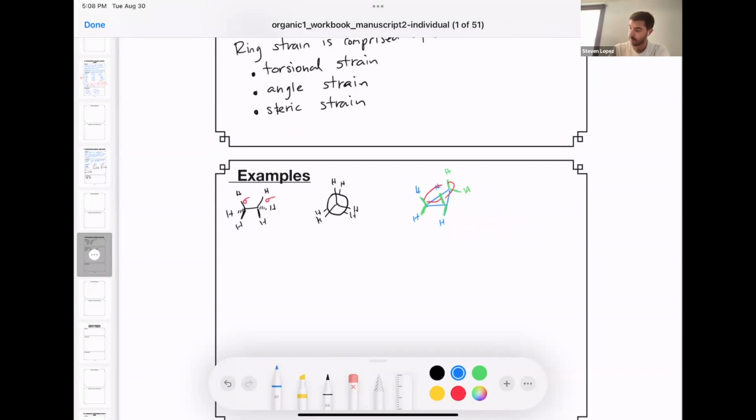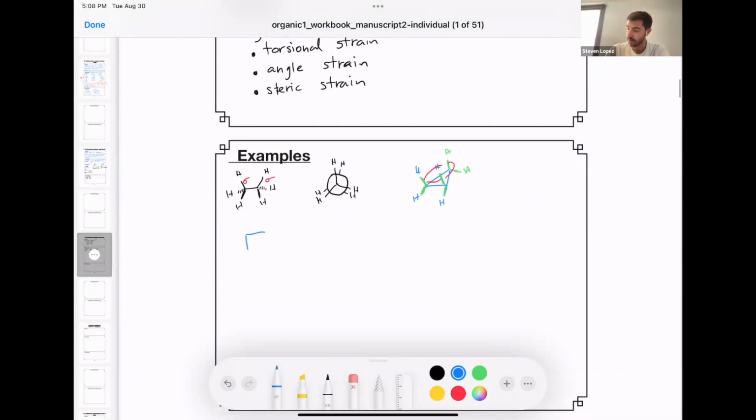Angle strain, so you might remember that cyclobutane has bond angles that are 90 degrees or nearly 90 degrees, and the ideal sp3 bond angle is 109.5 degrees. So this deviation, in fact, the smaller bond angle means that these carbon-carbon bonds that flank each of the sp3 carbons are actually closer together than they would be if they were in a perfect tetrahedron. So this contributes angle strain. I'll also label up here that this is torsional strain.